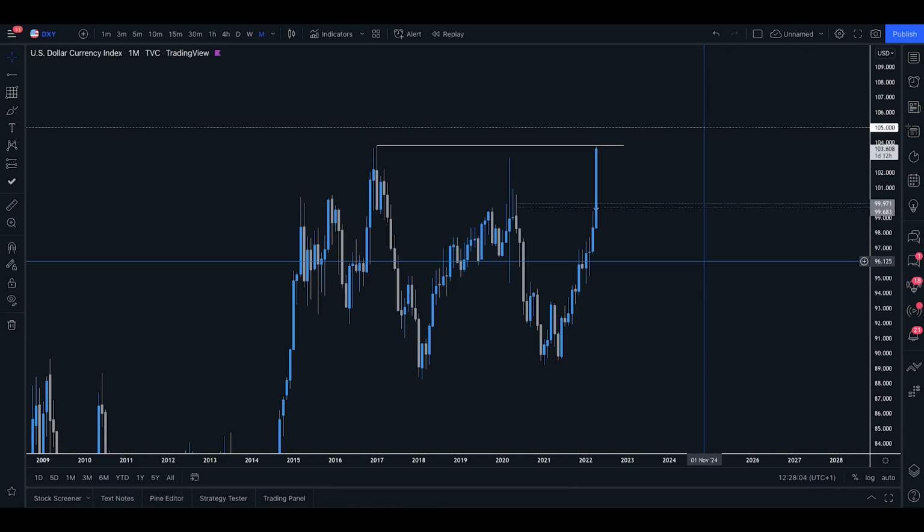Today we're going to deep dive into the dollar, see why it's going up, how far I expect it to go, the reasons behind all this from a technical and fundamental standpoint, and how this pair actually stacks up right now against some of the other major global currencies.